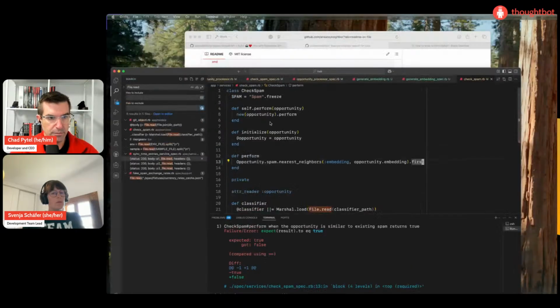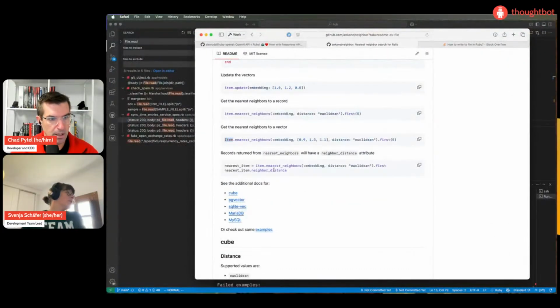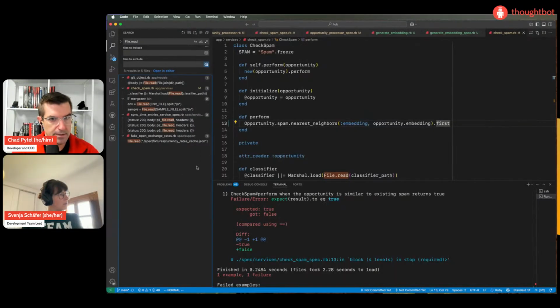If we look at the docs, it has a neighbor distance, which would give us a specific number that is the distance, and we could set a threshold on that.